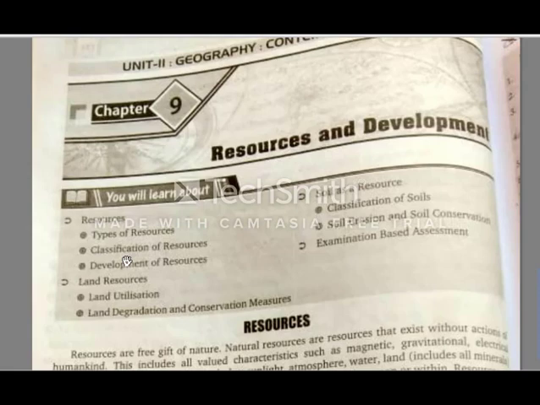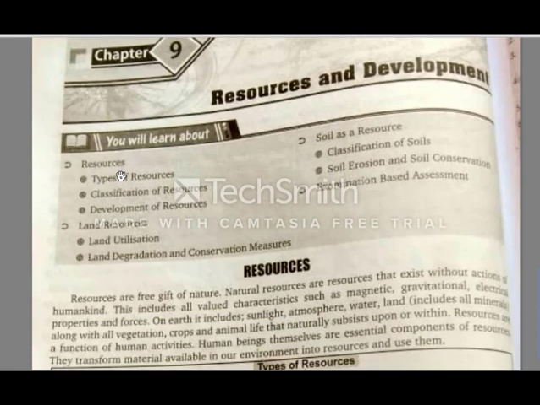If you do not have the book, you have no need to purchase it. You have no need to go outside. I am teaching you. You can write. If you want to write the hard words, if you want to read it, you can read. The books will be the same as in the previous class, as in the previous year. If you can arrange it, then it will be good also. The syllabus, the book, or the publication have not changed.